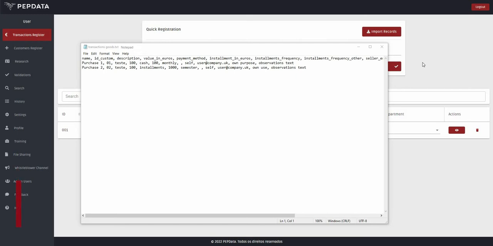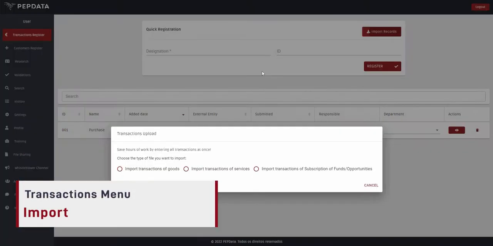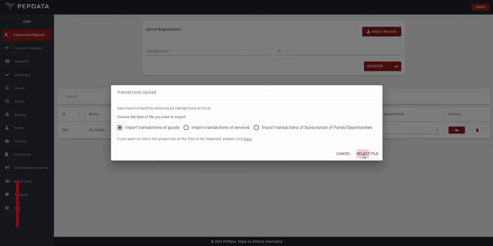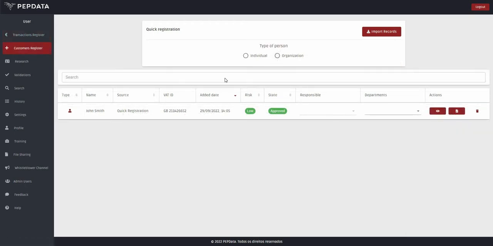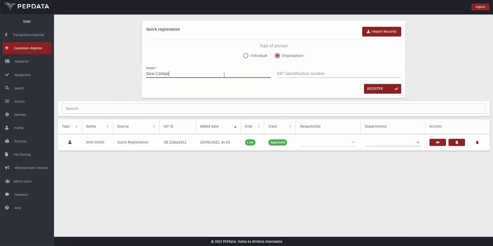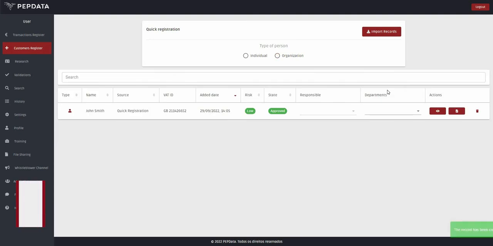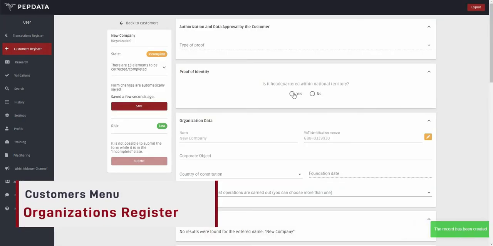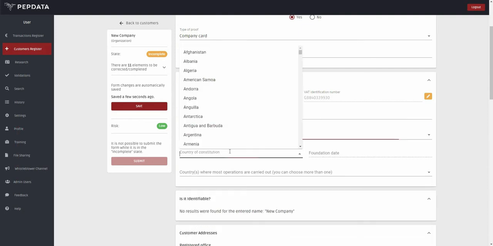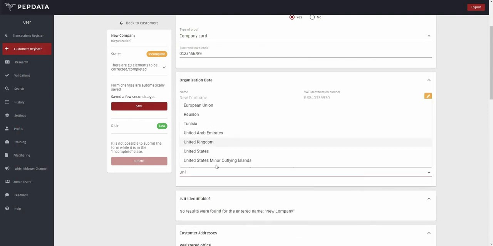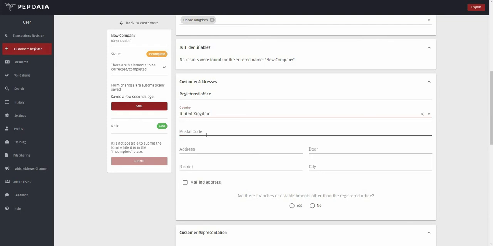This register allows you to import all your transactions at once by clicking on the Import Records button and uploading a file that meets the specifications. A business relationship also presupposes duties towards the customer, so in our customer register, it is possible to register organizations and individual persons. To register an organization, simply fill in all the details and upload the necessary documents according to